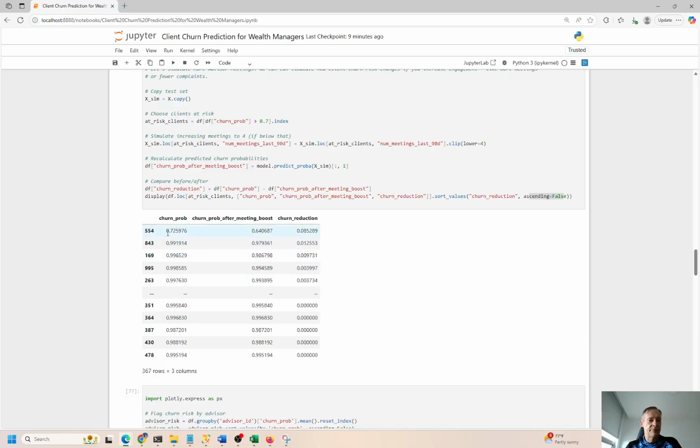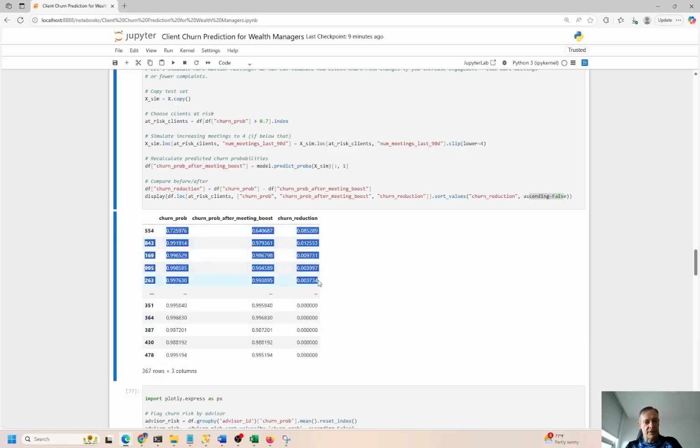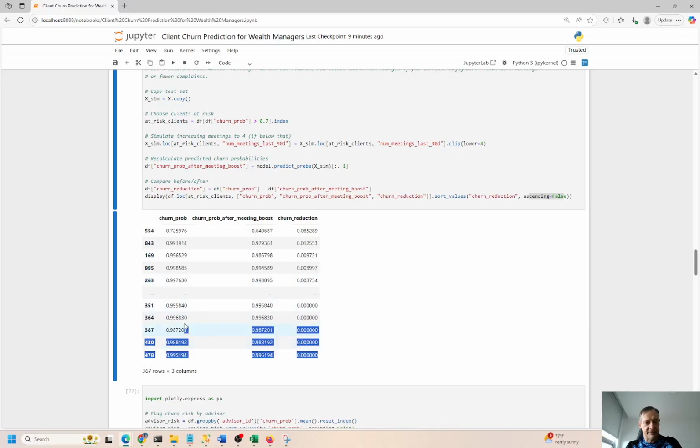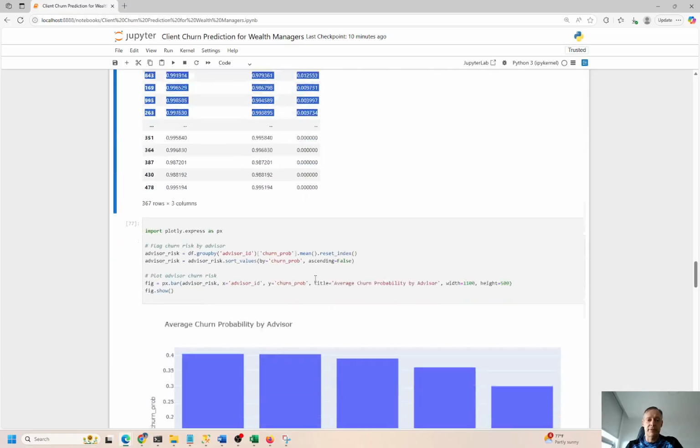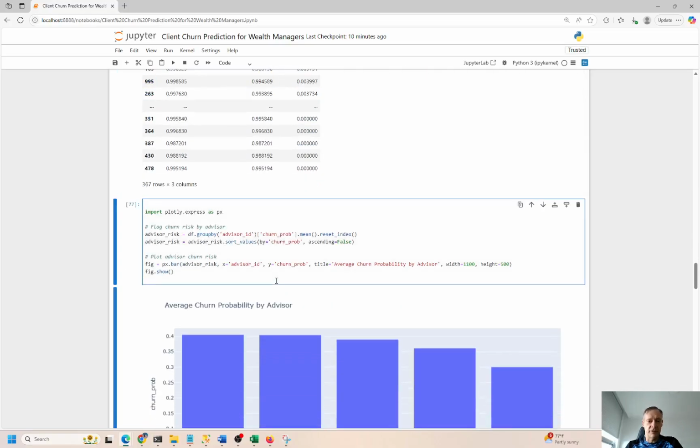You know what the top 5 clients are with the risk of leaving. These guys are pretty much gone. You can't save the relationship, okay? So we had like 360 rows or clients that had a greater than 70% chance of churn probability. We are going to reach out to these 5 right here first, and you can go down the list. You can get the top 10, the top 20, reach out, make a phone call, send a couple of emails, try to convert that potential churn event to a non-event, right? And keep the person with the firm, with the wealth management firm. These are the top 5 that you would reach out to.